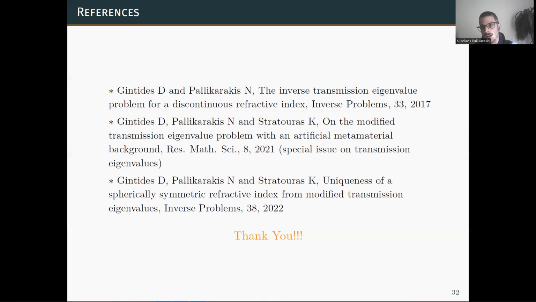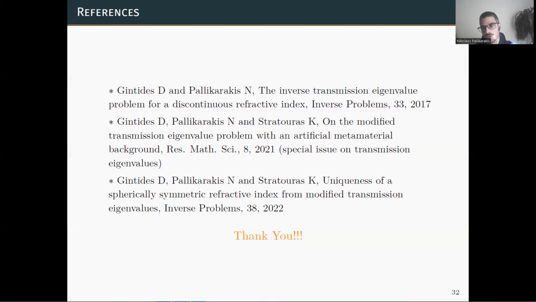It's really difficult to secure stability for the numerical solution of the inverse problem, because uniqueness doesn't hold for general domains. From my experience in this type of numerical methods, it's not easy to recover and reconstruct refractive indices from some parts of the spectrum, or without also imposing symmetries